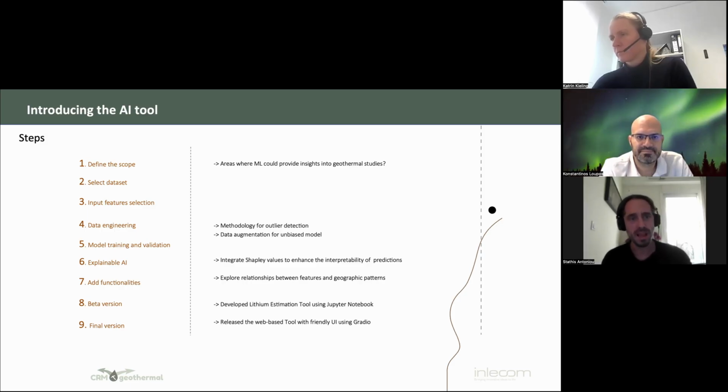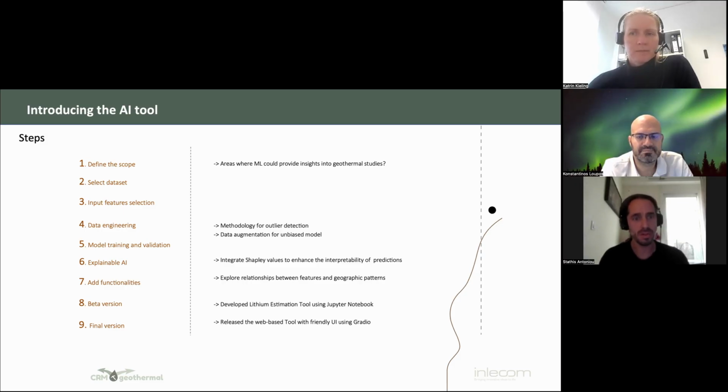Then we spent some time choosing the features, mainly based on data availability. Then a lot of time on data engineering. We made a new methodology for detecting outliers, new in the sense that we didn't use the classical Z-score or other things. We also did some data augmentation in order to have an unbiased model.